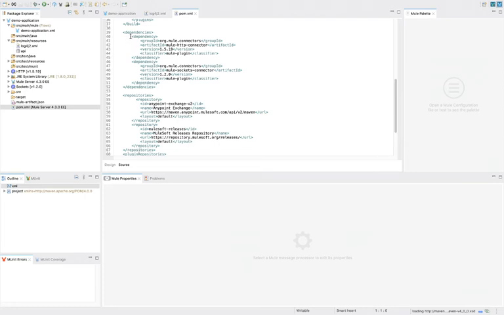If you go to dependencies, the first dependency is for the HTTP connector, and the second dependency is for the Mule Socket connector. So we added two connectors, and whatever dependencies we need for those two connectors, we will see inside this POM file.